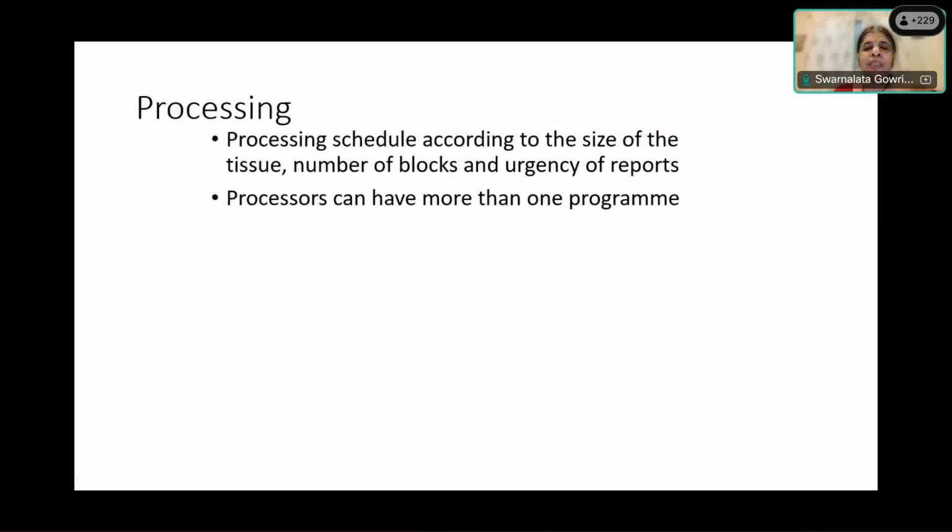Now, what is the schedule of this processing? Should it be 4 hours? Should it be 12 hours? Should it be more than that? It all depends upon the number of blocks that you're going to process, the size of the blocks, and the urgency of report, how soon you want the report. For example, if you have something like a renal allograft biopsy, and you need it in 4 hours, and the tissue is very small, just a tiny sliver, you can process it quite adequately in 4 hours, take it to a wax block, get the sections out, and you can give a report in 5 to 6 hours. On the other hand, if you have a large hysterectomy,